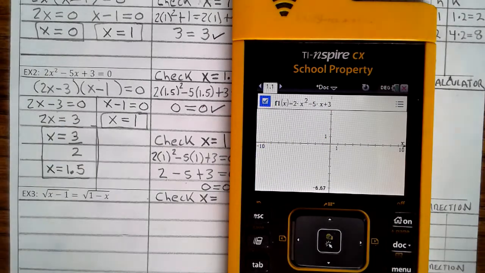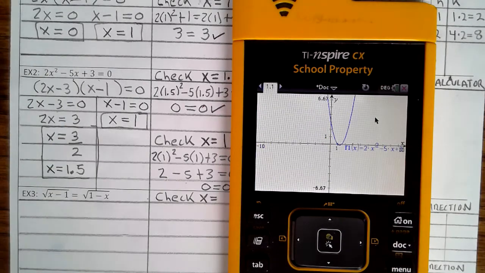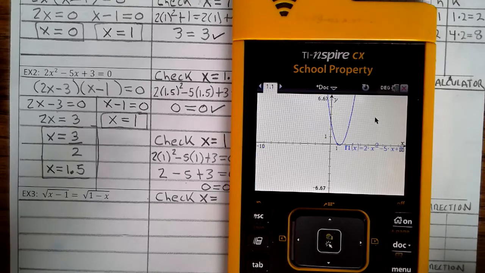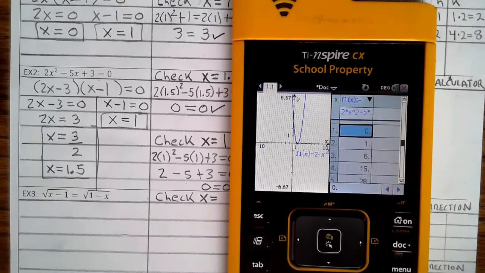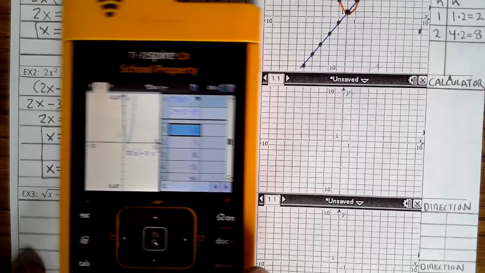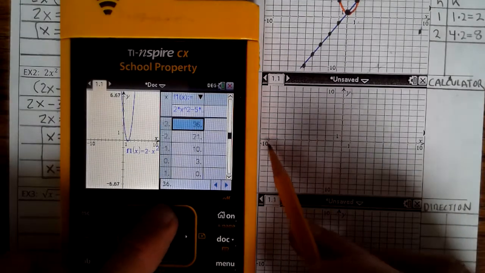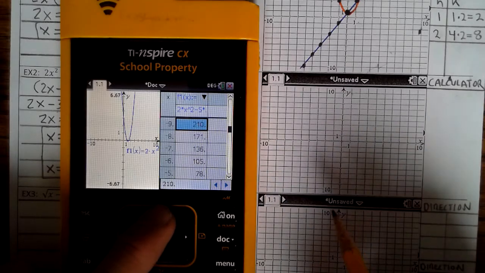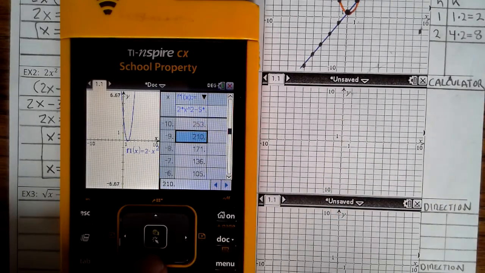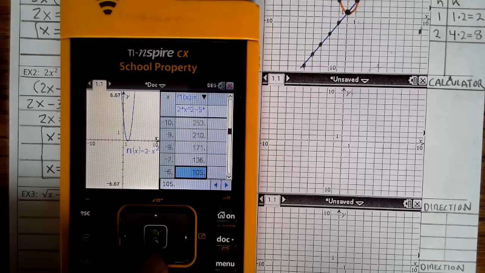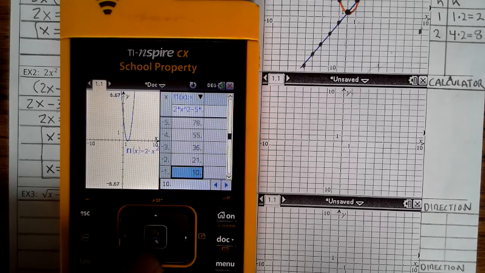Okay? Now, to graph this, we want to go to an x of negative 10. So we want every point from negative 10 to 10 that we can graph. Now you can see here, we can't graph that point. It's too big, too big, too big. Still too big for the graph. We can graph from negative 1, 10. So negative 1, 10, there's our first point. Okay. 0, 3,